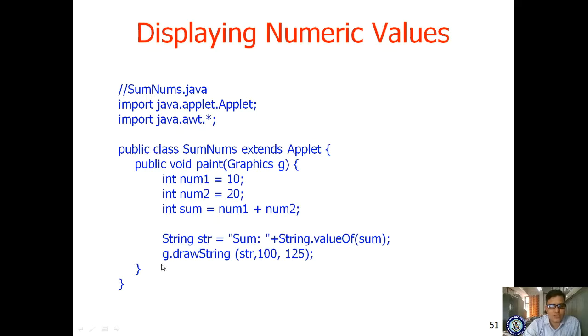Next, you are displaying the value by using g.drawString(str). The str consists of Sum: 30. This Sum: 30 will be displayed where 100 and 125 intersect in your browser. So what is the purpose of the String.valueOf function? It converts the number into a string.